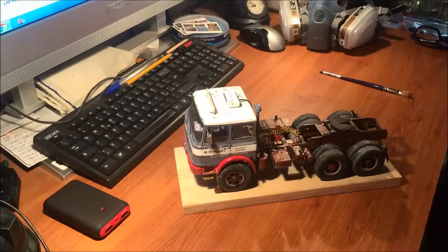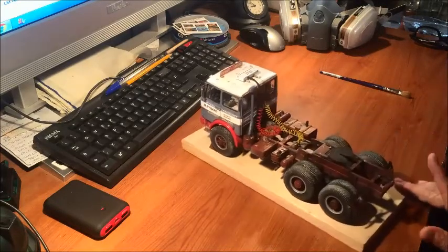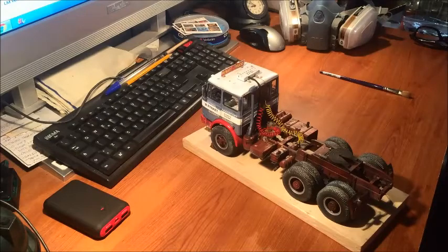So what do we have here? This is a kind of bodybuilder truck. It was one of the big guys from back in time. You know that I love race cars and trucks and tractors, and everything that is huge. I like them. And this is something very special because it became a subject that I see is appreciated all around the world. For me, it was quite easy to build up,